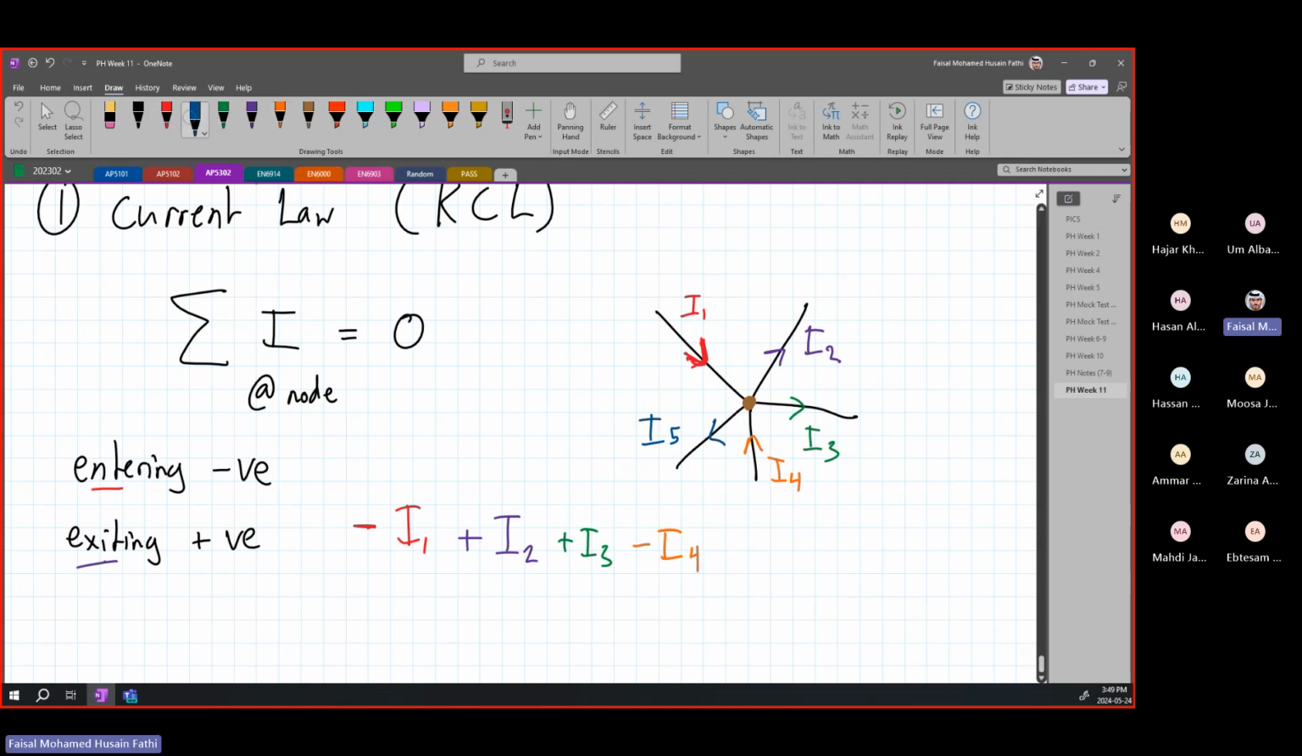And I5 is going out, so it is a positive value. And all of these is equal to 0. This is what current law basically means, all right? Current law basically means when the summation at a node, or at a junction, I should say, instead of a node, at a junction,